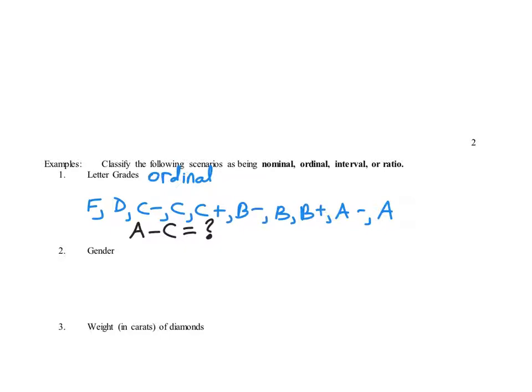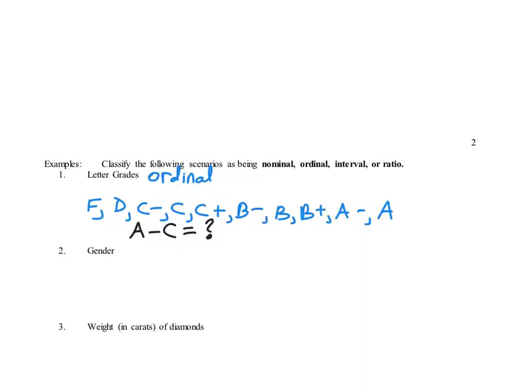Right. So what we have is a lot of ambiguity. So again, it's either I can't determine the difference between values, or if I did, it wouldn't be a meaningful difference. Right? And I think that's what we're looking at here, because I don't even get past the part where I can come up with a difference between values, because it would have to be, well, if this is the case, then that's the difference. If that's the case, then that's the difference. I'll have like 5 different scenarios. All right, so we leave it at ordinal level because we need to make more assumptions in order to progress beyond that. All right, gender,